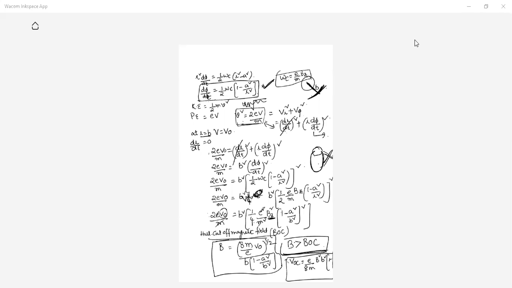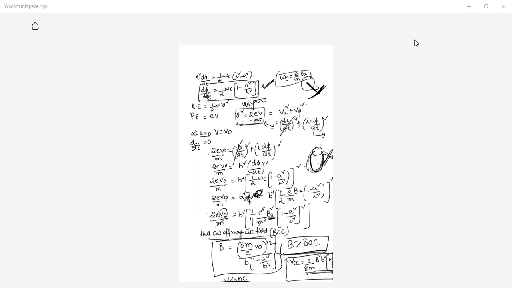cutoff voltage when the voltage is less than VOC, when the applied voltage between the cavity terminals, I've told you filament, we are going to apply there a high DC voltage. So this is the minimum voltage you should maintain. If it is less than VOC, again the electron will reach the cathode itself. So the current becomes zero.